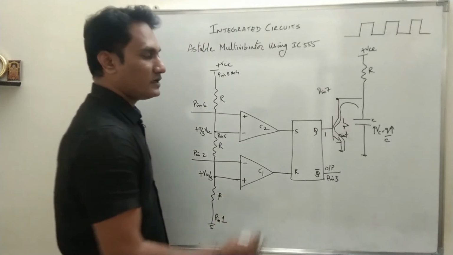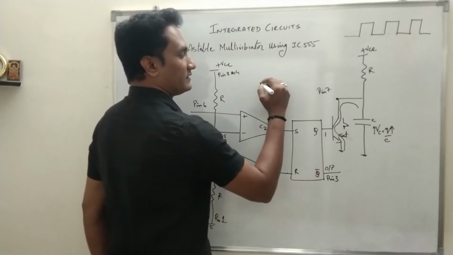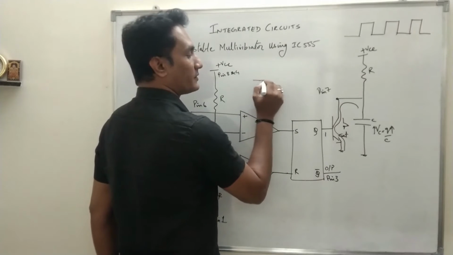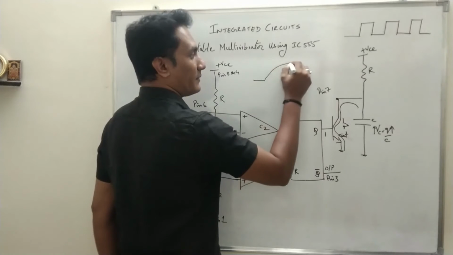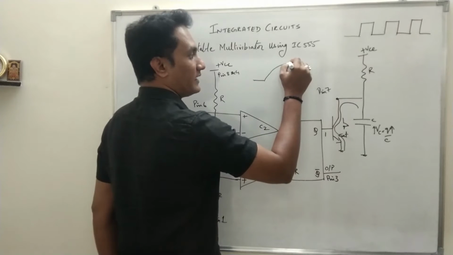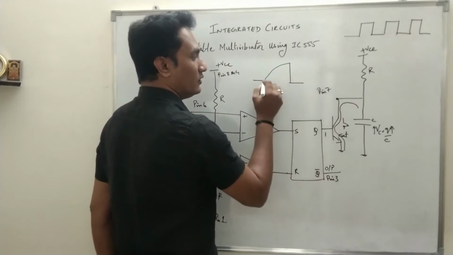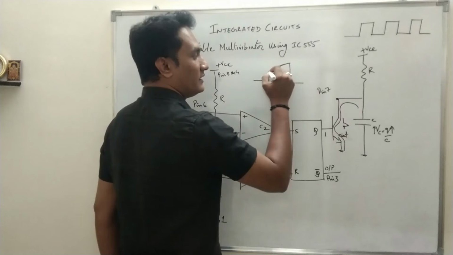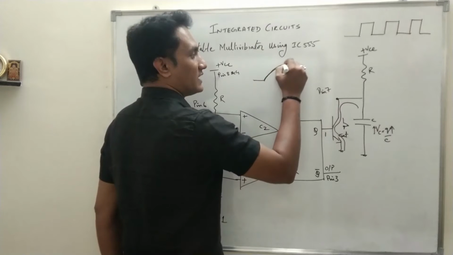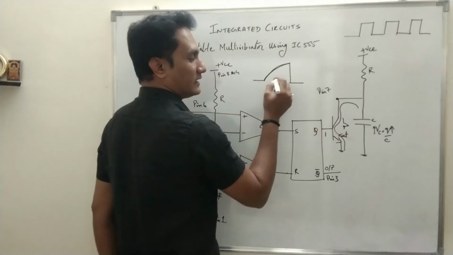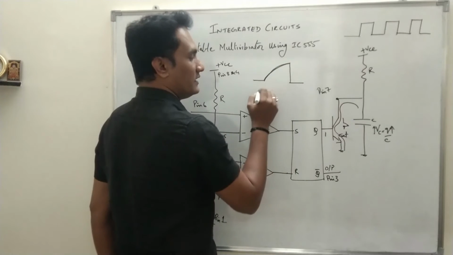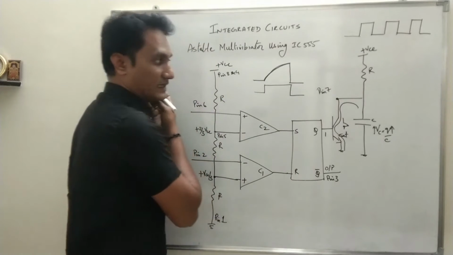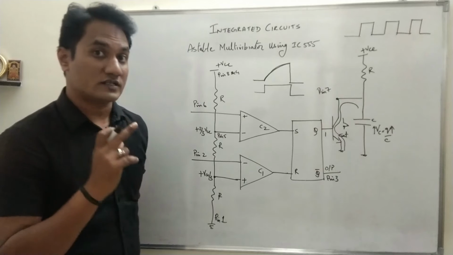Okay, in monostable, what we got is the voltage across the capacitor will be initially 0. The capacitor will charge up to some point, and then suddenly it will become 0. The amount of time where the capacitor is charging to a particular set point, that is plus 2/3 of VCC, the output remains 1 and then it comes back to its initial state. Okay, so that was monostable multivibrator.